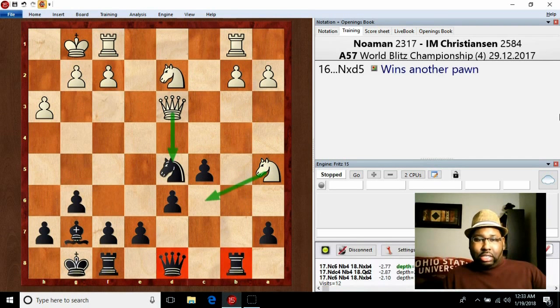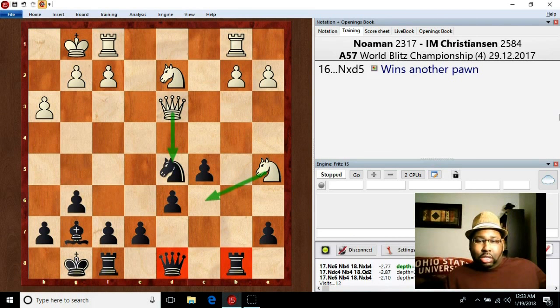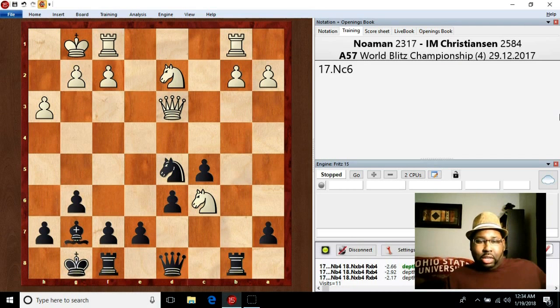knight takes, and now here black captures the pawn on d5 because the knight on a5 is undefended. So if the queen captures the knight on d5, then black can capture the knight on a5. Also, you'll notice that white is threatening to play c6 here, which forks black's queen and rook on d8 and b8. So white plays that, knight c6,